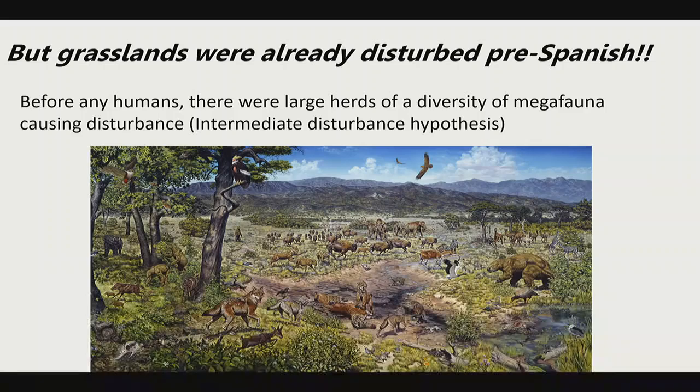And so it turns out that when you have herds of millions of bison, antelope, whatever the case may be, cruising across these grasslands, grazing and eating grass, that really is a disturbance, right? It's natural, it's part of the ecosystem, part of the cycle, but it's a disturbance. It's a destructive event. If you're a bison, it's great news. If you're a bunch grass, it's very bad news. But there's this thing called the intermediate disturbance hypothesis.